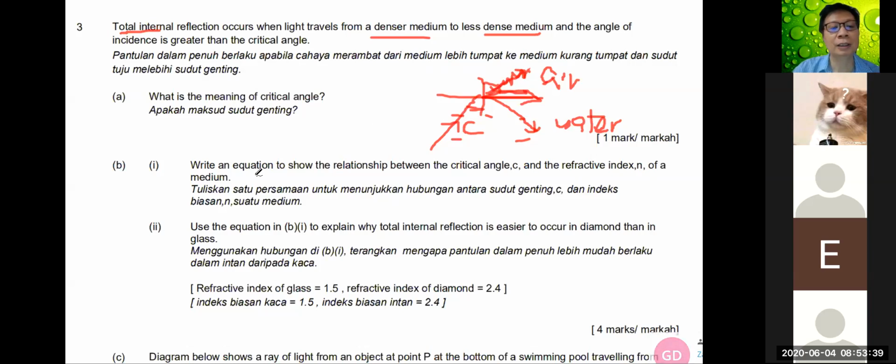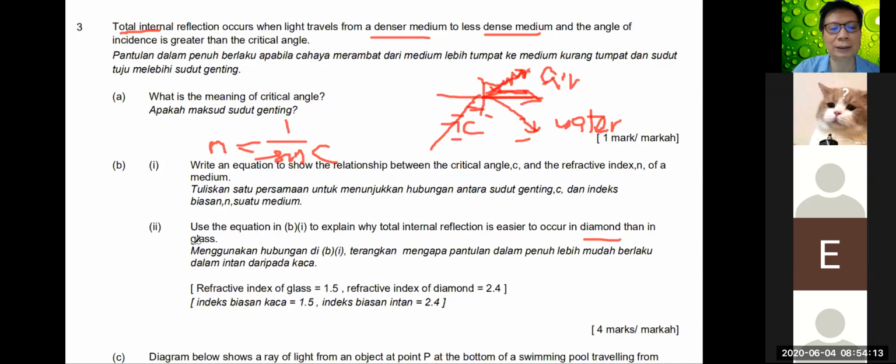Write an equation to show the relation between the critical angle C and the refractive index. So the formula is n equals 1 over sin C. Do you remember the formula? Okay, n equals 1 over sin C, where C is the critical angle. This is the refractive index. And second part, use this equation to explain why total internal reflection is easy to happen in diamond